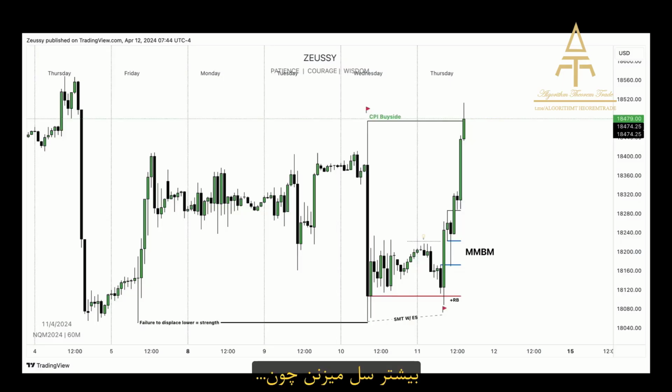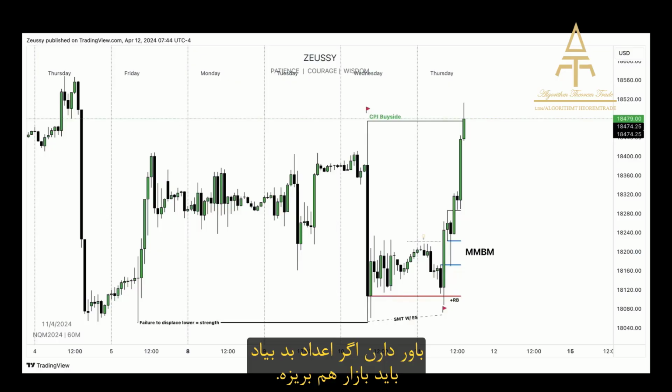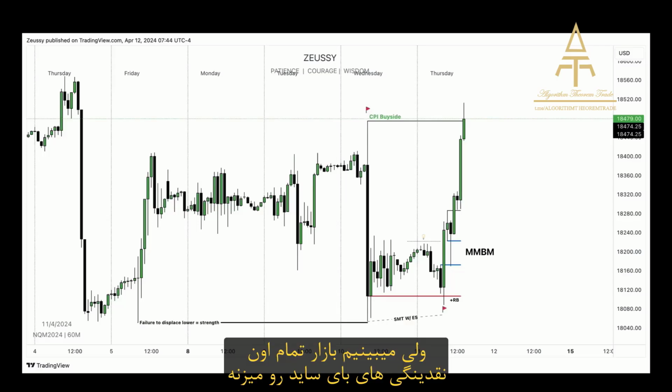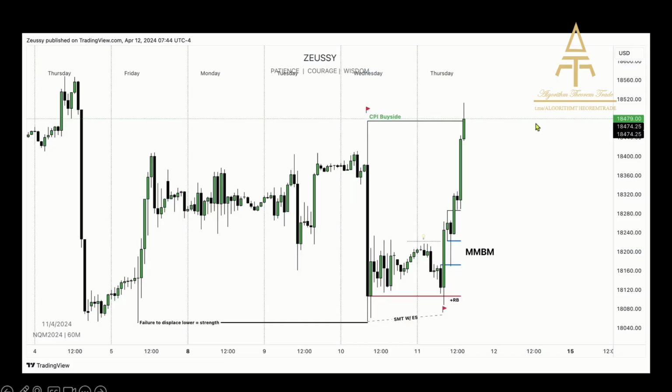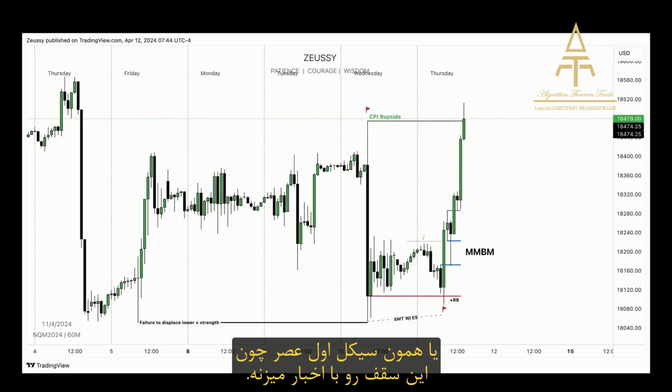They want to open short positions because they believe that the market should go lower if the outcome of CPI is that bad. What we see is that the market instead runs on all of that buy side liquidity of those early shorts. This occurs during the lunch hour, or I should say the beginning of the PM session rather, because at 1 PM there was high impact news and that set up this whole leg higher.